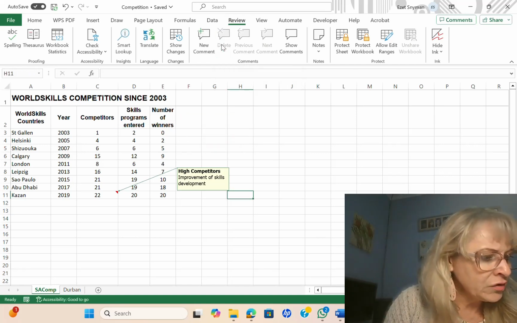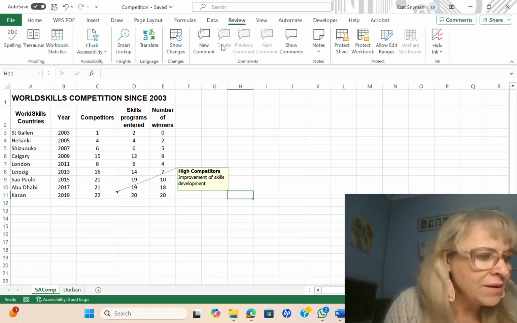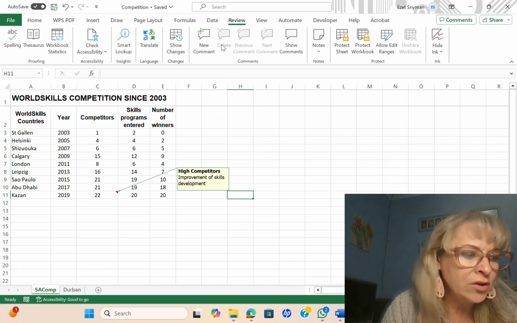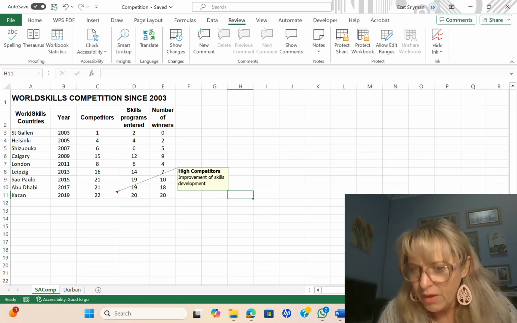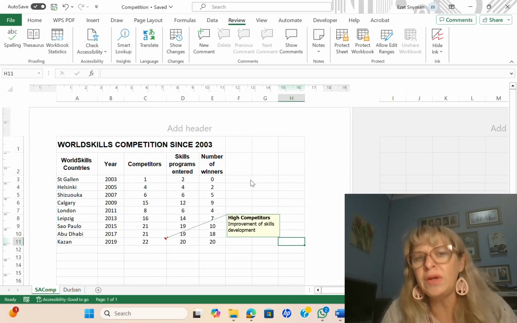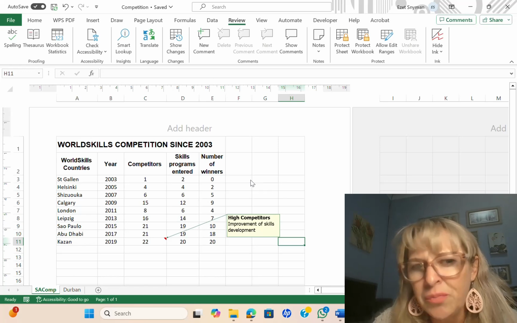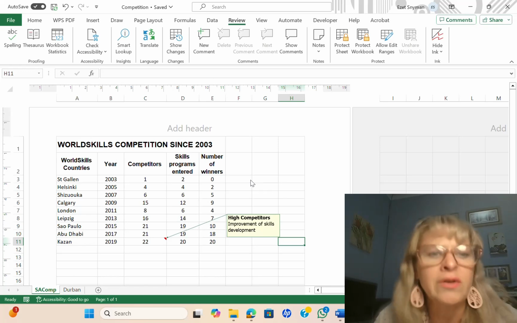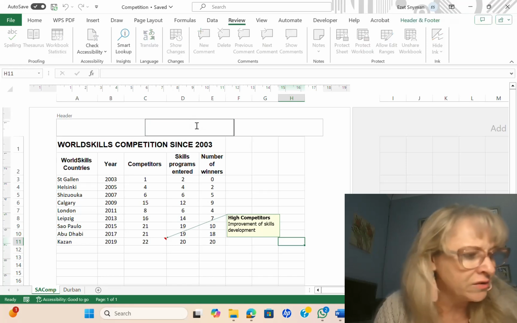And then insert the text, world skills, as a header in the left section, and your exam number and question 4 in the right. So I click on my view. They say there, if you do that, then it's not going to be able to keep the first row frozen, which is fine because you've already made a print screen of the freeze.